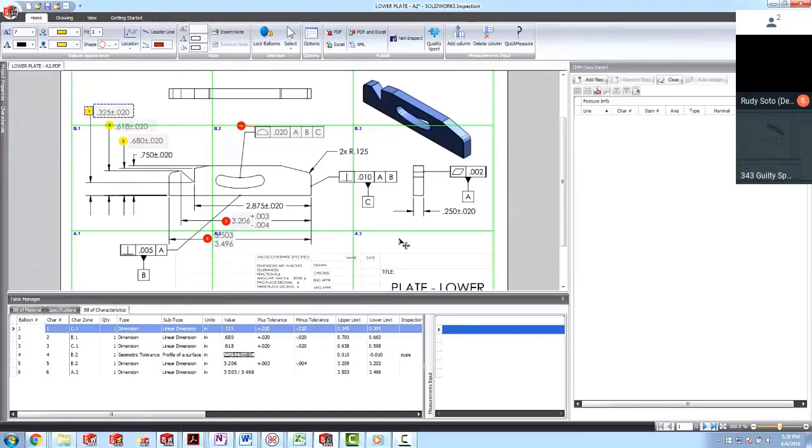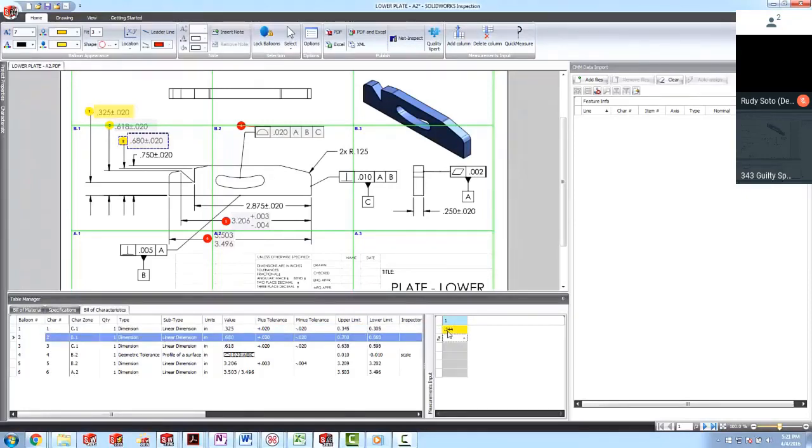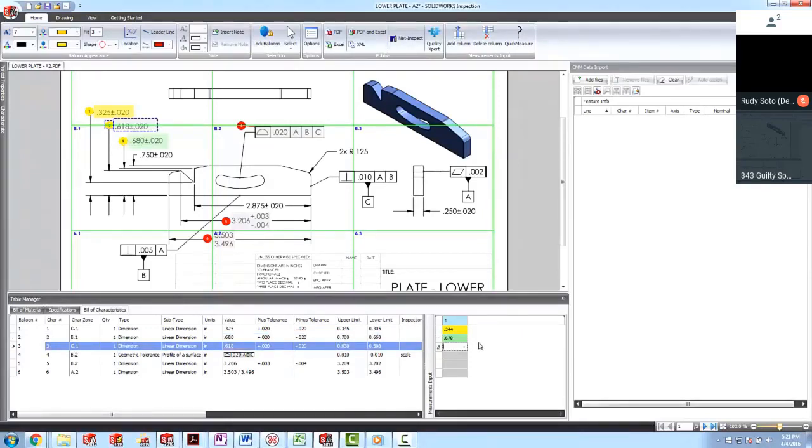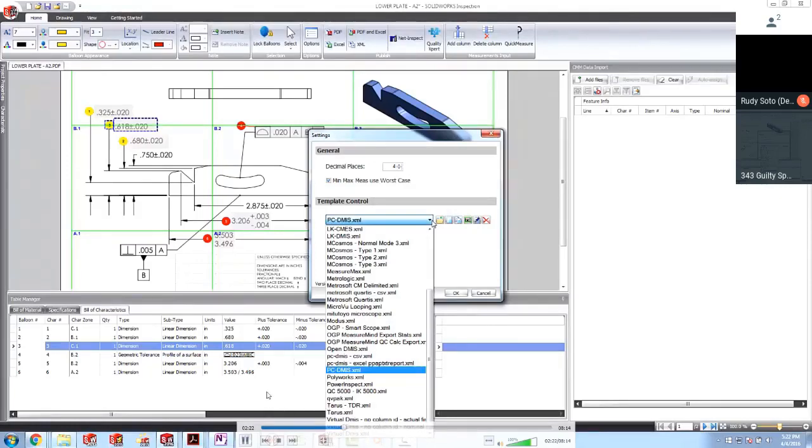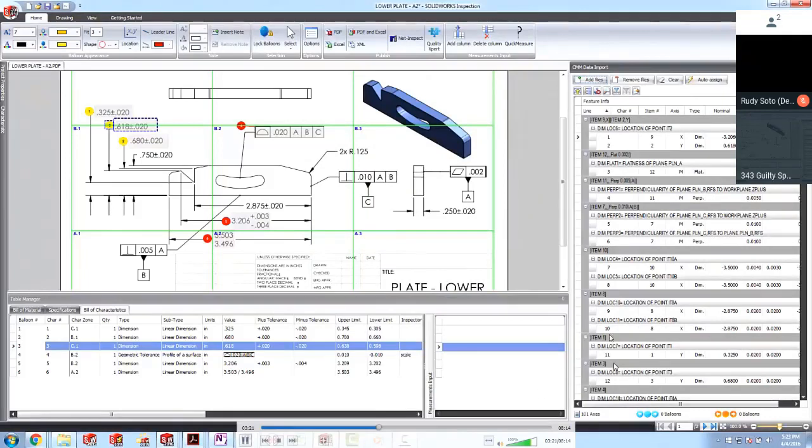So the only thing different about this compared to what we've been talking about all day is that instead of looking at a 2D drawing, you'd be looking at a 3D model. But other than that, you'd still be able to import the data from the CMM and then use that information over here in the inspection report to see if you're within spec. Sorry, is he manually typing that in? He is at the moment, just to show one way of doing it. So here now he's actually bringing it in from the CMM data. Yep. So that came in over there.